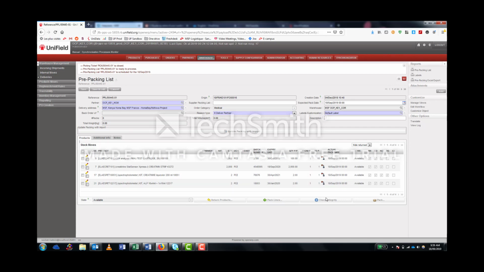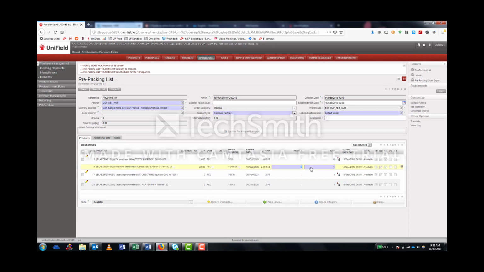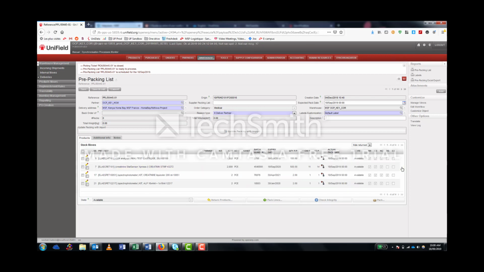Let's now update all the lines one by one. In the second column, I can put 500 units per carton. So I will go from parcel 11 to parcel 14. For the purpose of the exercise, we decide that we cannot put 2 units of creatinine in the same carton. For this reason, we are going to split the line.